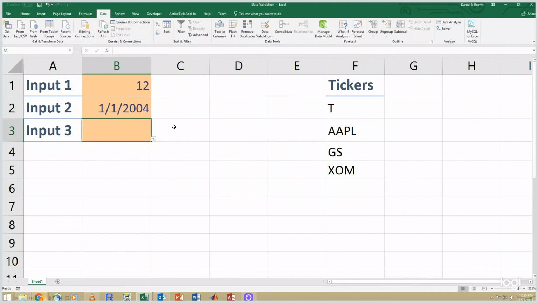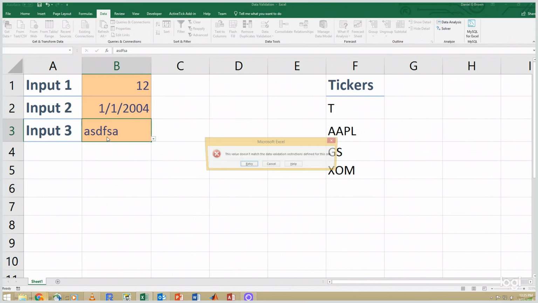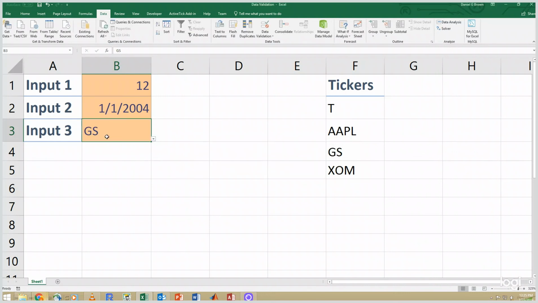Okay. Now you can see in this cell I have a dropdown, and it's allowing me to select one of my tickers. Again, if I type in anything, it doesn't like it. I haven't set the error message for this particular input, but I can choose anything, and I can either select them or type them. And that is